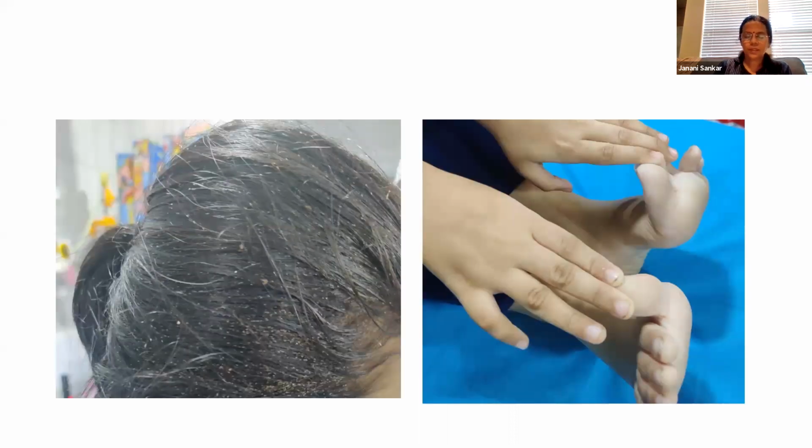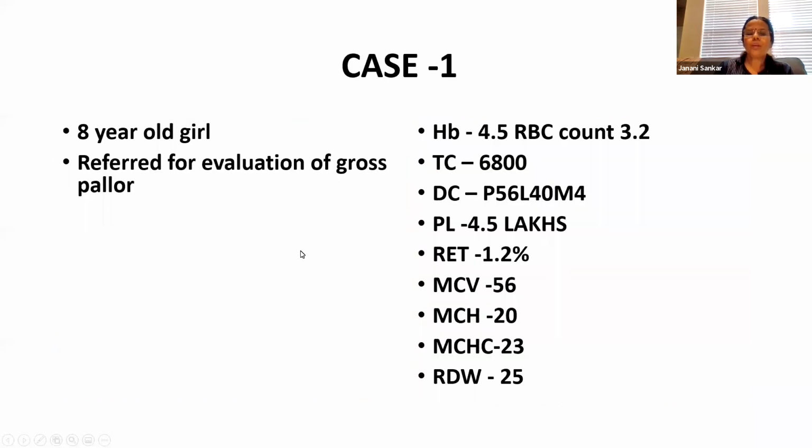So look at this girl. She was a Muslim girl. Can you all see this picture? So when I saw her palms and soles, she was wearing a hijab. So I just said, okay, remove your hijab. I want to look at your neck nodes. When I removed the hijab, this is what I saw. I mean, we saw live lice moving also. Look at the infestation of lice onto the entire hair, causing a hemoglobin of 4.5.